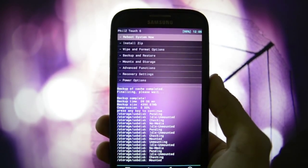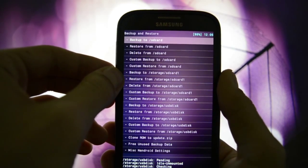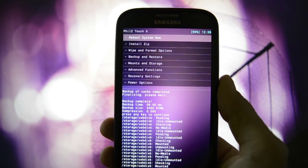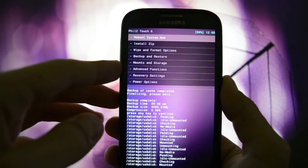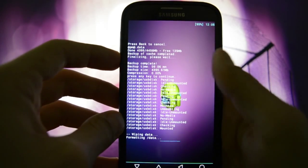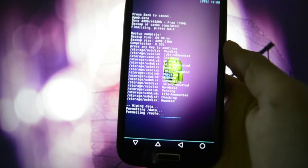So first of all, as I do always recommend, make an Android backup. Just go into backup and restore, and backup to either SD card or SD card 1, just to make sure you have a backup of your current configuration, and you'll be able to get back to it if something goes wrong. And afterwards, all you need to do is wipe and clean to install a new ROM. So right now it's wiping data, and I will be flashing